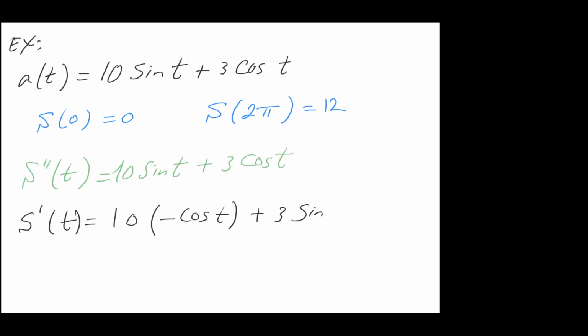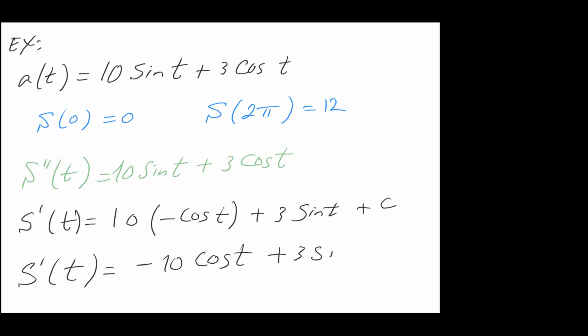So sine of t plus some constant c. So s prime of t equals minus 10 cosine of t plus 3 sine of t plus some constant